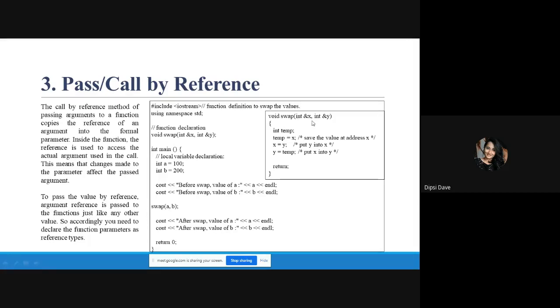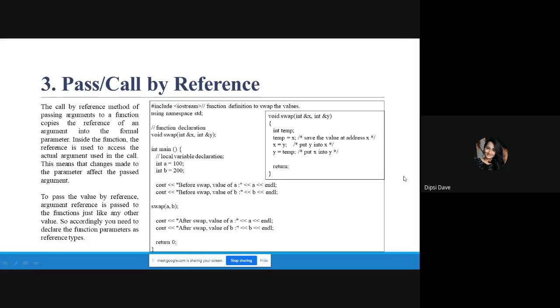Now what is happening is the location of a is getting a new name x. They are not replacing a and b with new names x and y, but they are given nicknames, or alternate names, x and y, right? So these statements will become int &x = a, int &y = b.